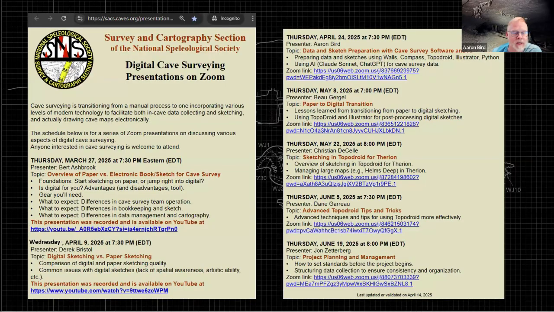So that brings us to this evening. I'm going to spend the bulk of the time talking about data. Next time out on May 8th, Bo's going to talk about his transition from paper to digital. Christian's going to talk on May 22nd about sketching in TopoDroid for Therion. June 5th, Dane will demonstrate some advanced TopoDroid tips and tricks. And John will wrap up this series on June 19th, the week before convention, with discussion of project planning and